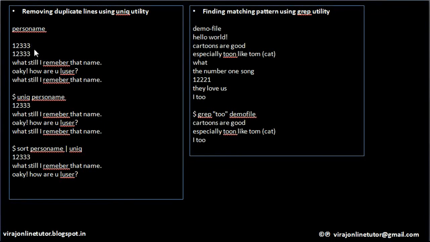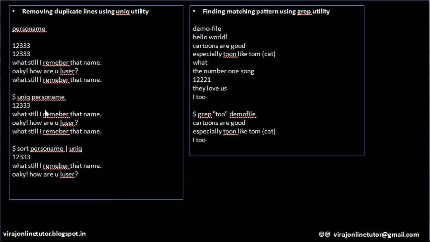In this example, this line is repeated 2 times and those are consecutive, so it keeps only one instance of it. Now this line is printed next, this line is printed next, these two are different and these two are different, so it retains them. This line is different from this, so it prints this line as well. So this is a capability of uniq. It identifies consecutive repeated lines and keeps only one distinct line among those repeated lines.